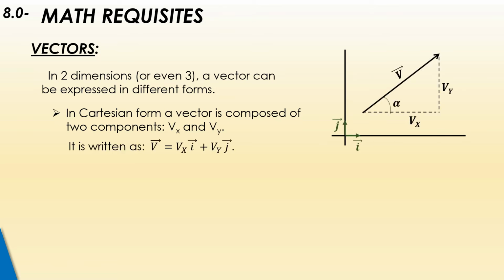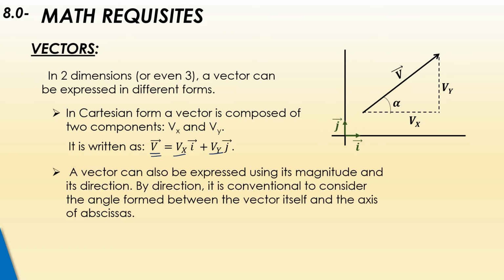First, we start with vectors. In two dimensions, or three dimensions as well, a vector can be expressed in different forms. From these forms, we need to focus on the Cartesian form, in which a vector is decomposed into an abscissa and an ordinate. As you can see here, we write vector v equals vx along i and vy along j. Another way of expressing a vector is using its magnitude and its direction. By direction here, we mean the angle formed between the vector and the positive x-axis, which is denoted by